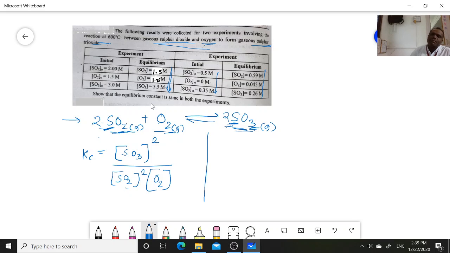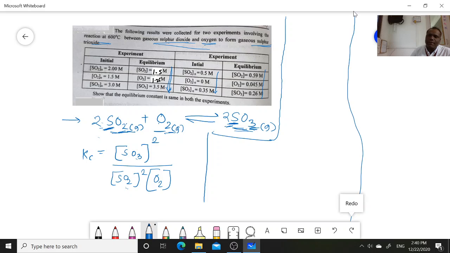Now the next point is that we will try to solve this equation in both the experiments. So Kc in experiment number 1, this is experiment number 1 and this is experiment number 2, and this is equation number 1. We use equation number 1 in both the cases, because the reaction is the same, only the concentration values are changed in experiments 1 and 2. Therefore Kc is equal to